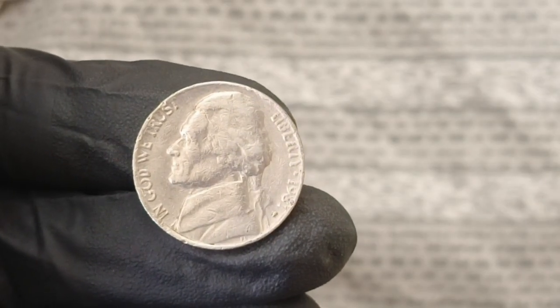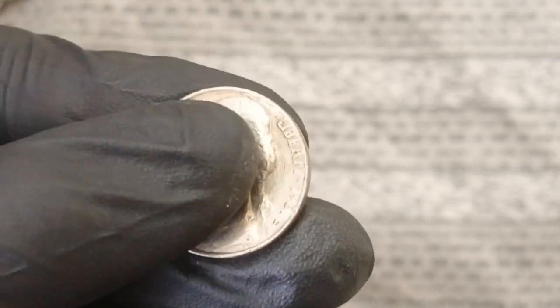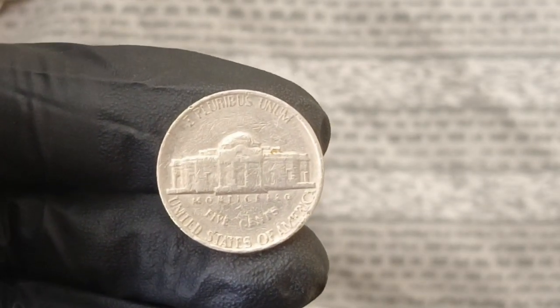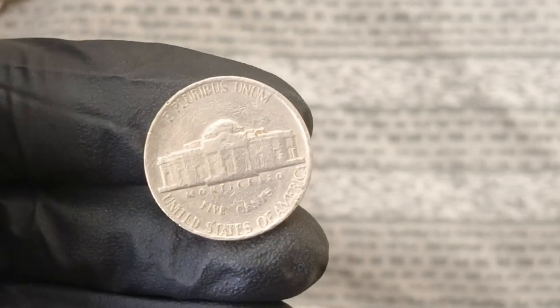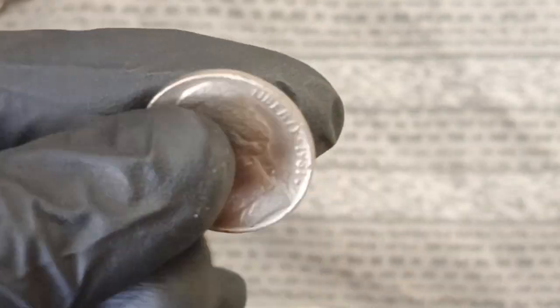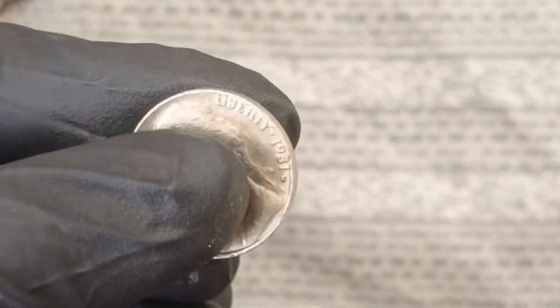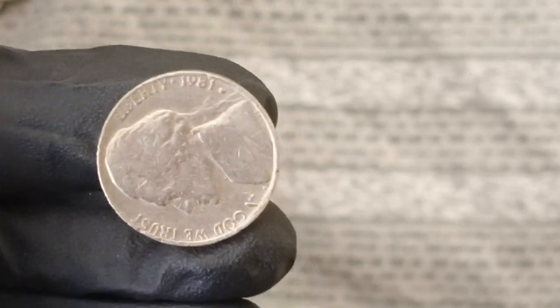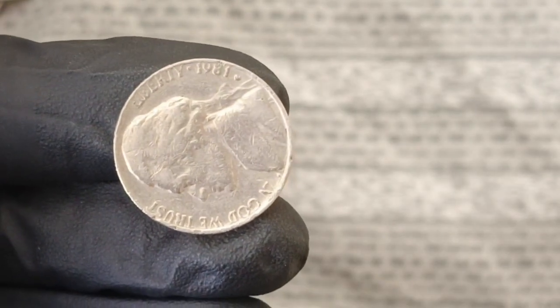delve into the world of misplaced mint marks and repunched mint marks, where the P from Philadelphia appears doubled, tripled, or even struck in entirely the wrong position, including in the field of the coin or overlapping with Jefferson's collar or bust. A phenomenon so rare it can transform an otherwise standard nickel into a coveted treasure, and to understand